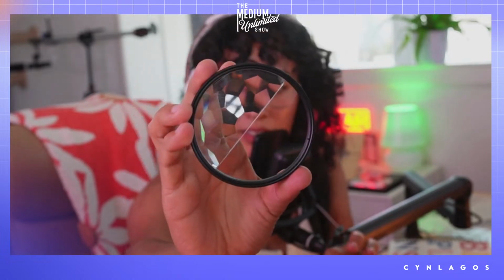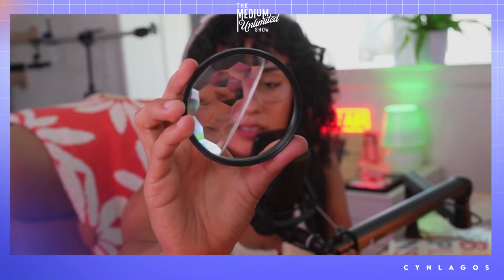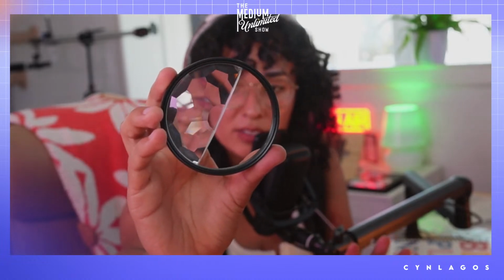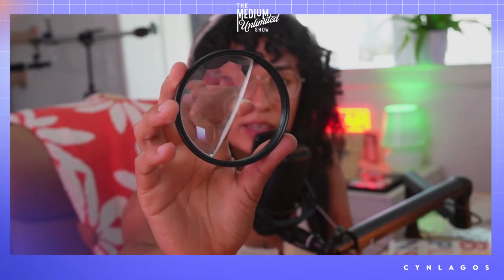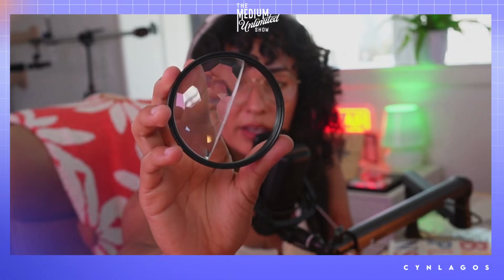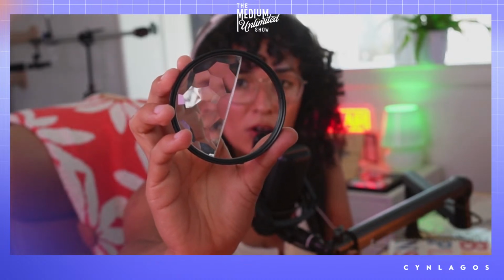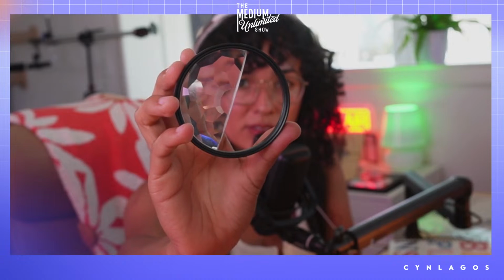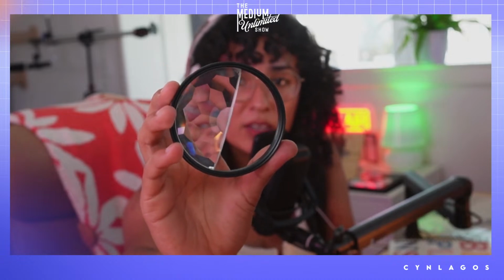You can see that one side has the kaleidoscope and the other side doesn't. So what I did in this photo is I made sure this area was on the face of whoever I was photographing, so it wouldn't get messed up by the kaleidoscope effect.